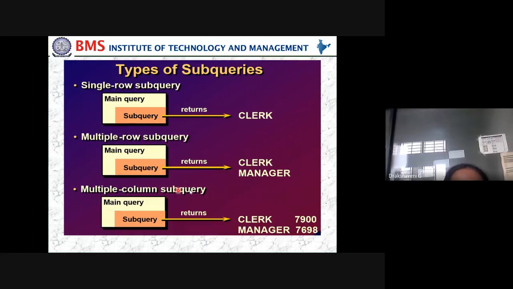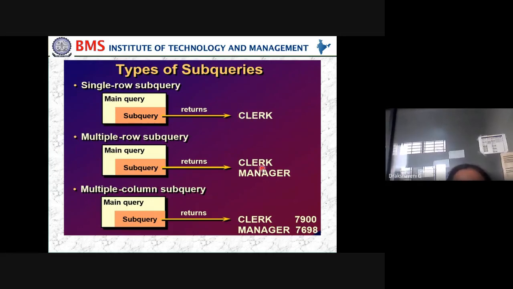Then multiple column subqueries: a subquery and a main query, which returns two columns, that is clerk salary as well as manager salary. We can see in the output that in the first, single row case, we get only the clerk names, who are the clerks working.